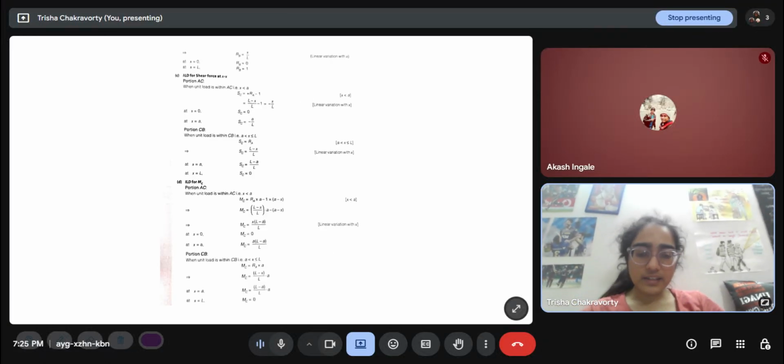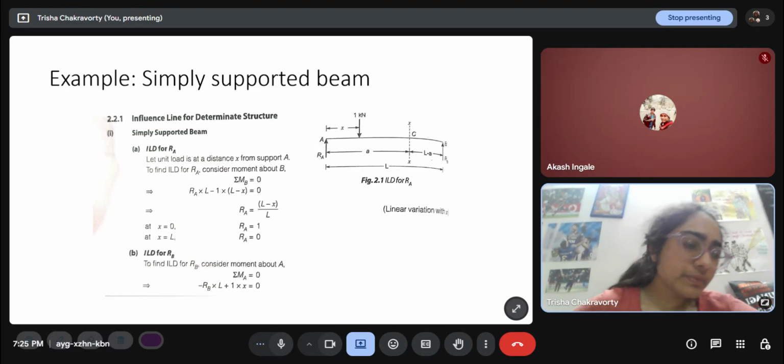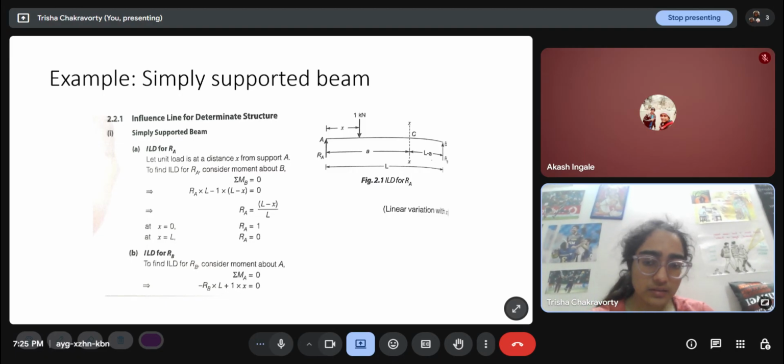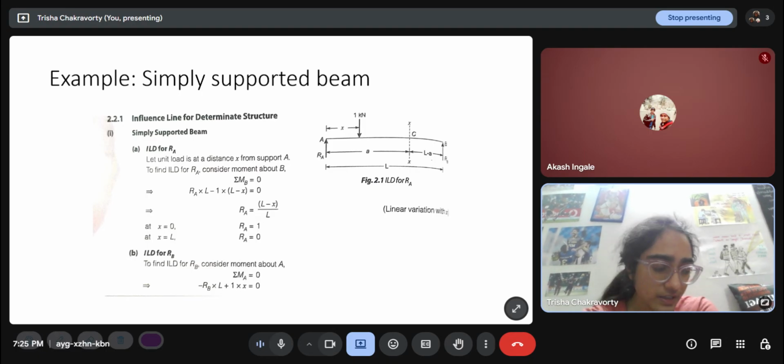So was this part clear? I'll wait for 5 minutes if you want to think about it, because this is a little confusing, a little difficult to get used to.